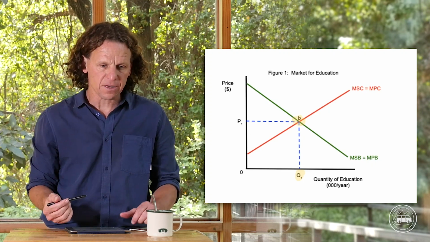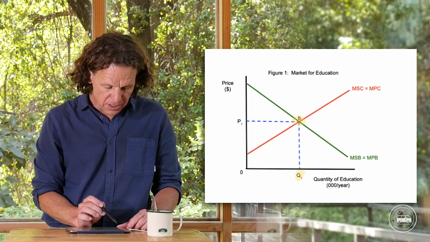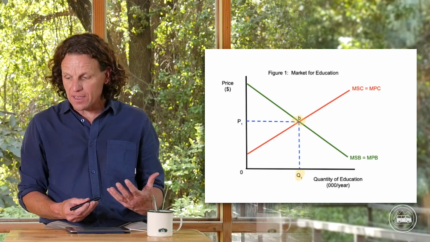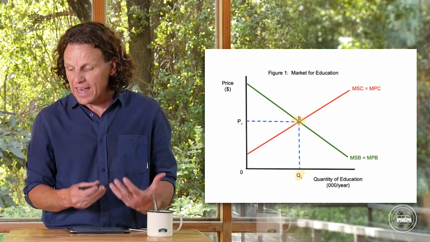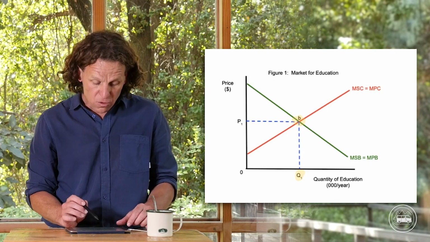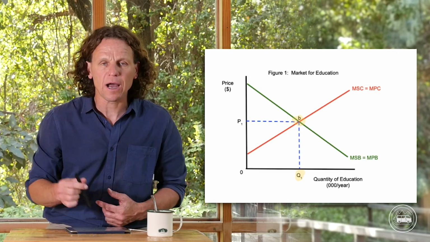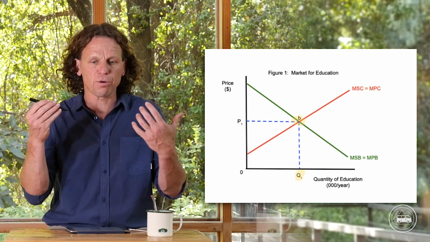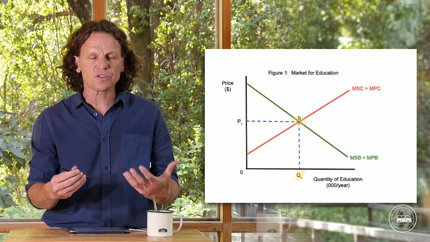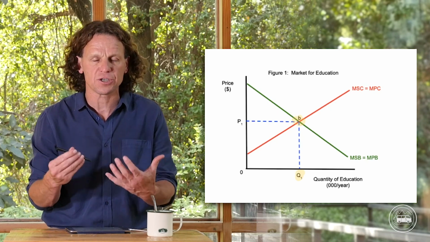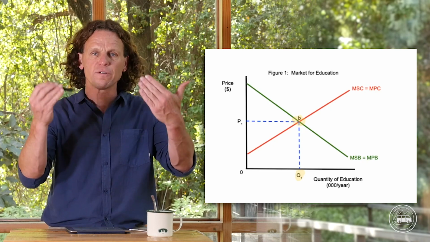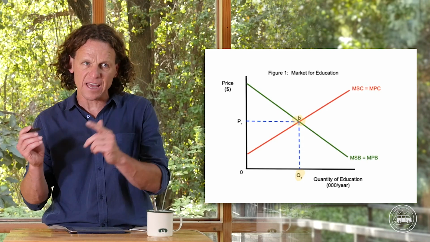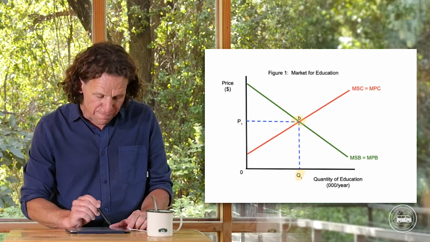Now, how could we think about this? Well, if the government were actually going to provide all of the education that we need to have, what would happen? Education is provided in every country because there are always some people who could have more education. They could either have high school educations or they could have university educations. So when we think about the positive externalities of the production of education, what we're going to find is